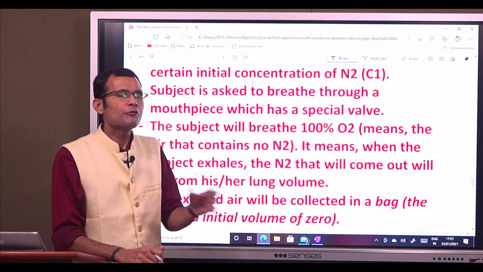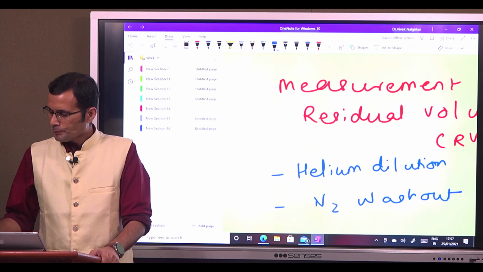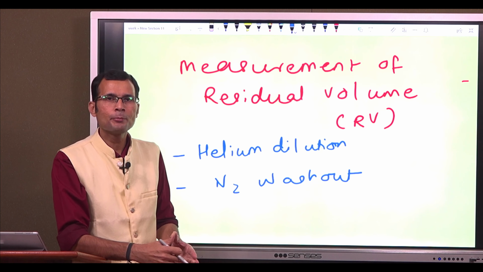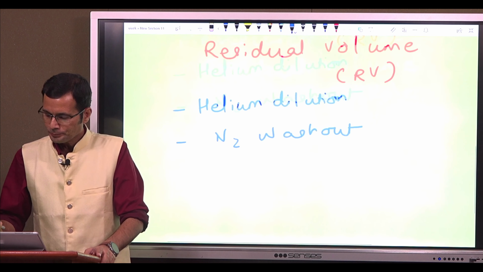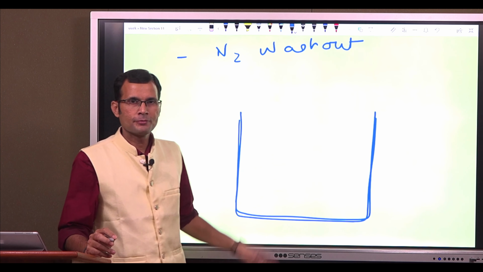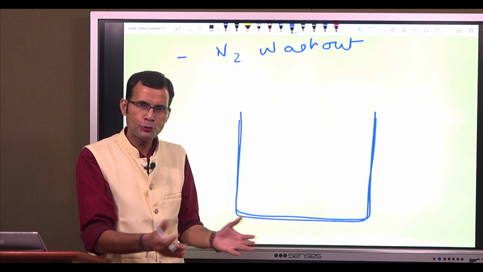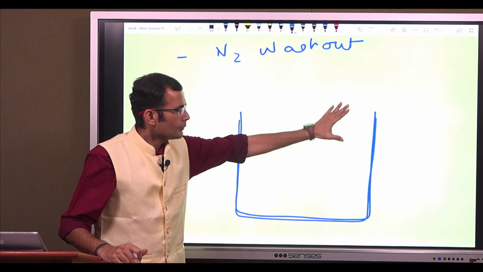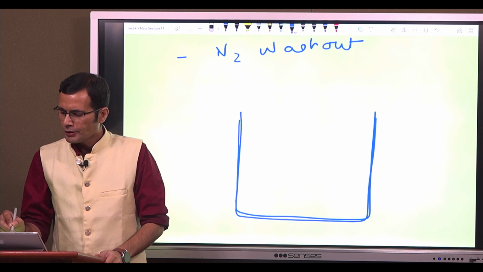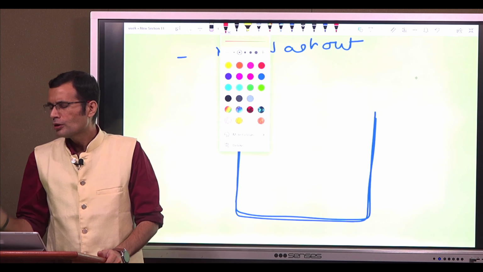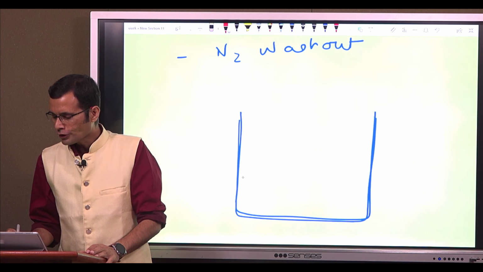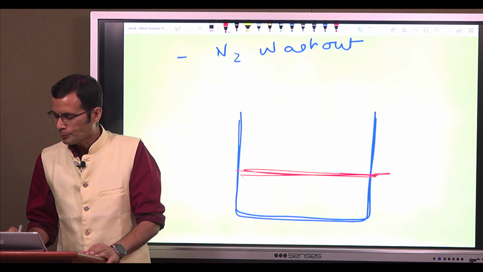Before I tell you the method, let me just tell you a common, routine life example so that you understand the method better. Let's say here is a certain volume which you are going to measure. Look, it's all about the measurement of a lung volume. Now, let's say experimentally we are measuring this particular volume, and if you have tea or coffee and the wet tea or coffee has got stuck at the bottom of this volume.